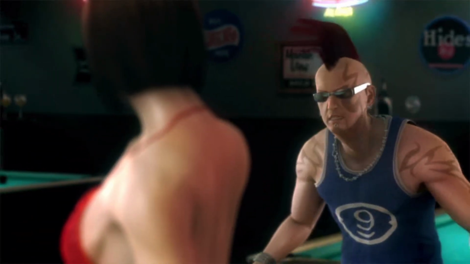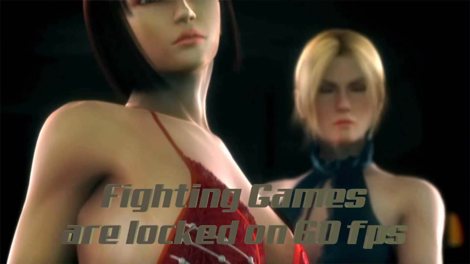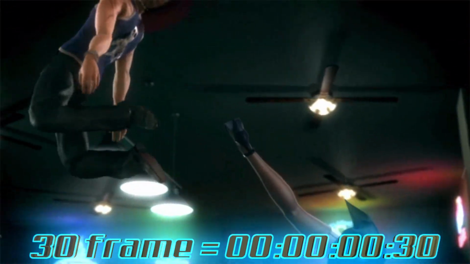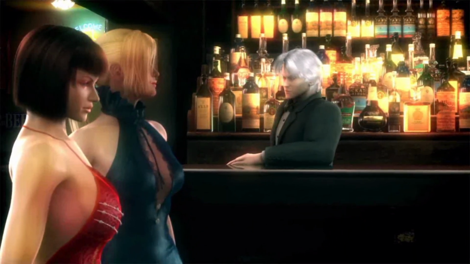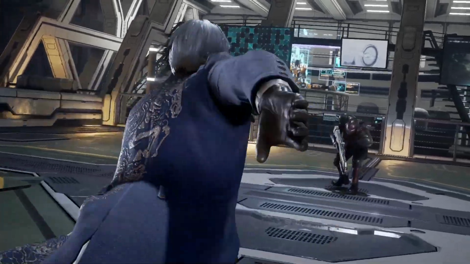I just want to clear some stuff before we start. First thing, you mostly know, but just in case, fighting games in general are locked on 60 FPS, so when I say this move is 30 frames fast, that means it's half a second. Second thing, I'll make timestamps in this video, so you can skip if you understood a specific part, because I'll be listing a lot of examples. And third thing,